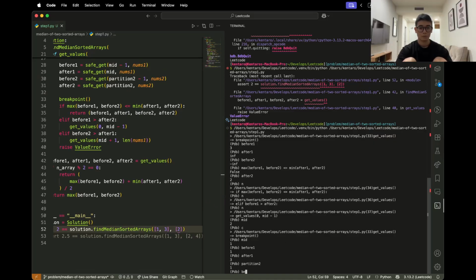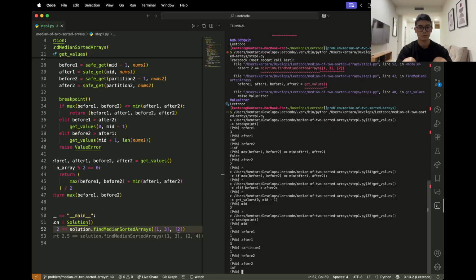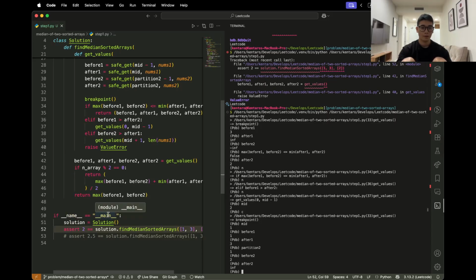So before 2 should be 2, right? After 2 should be inf. And then